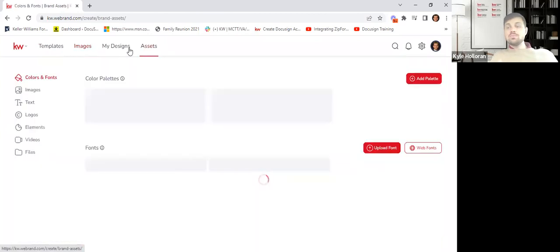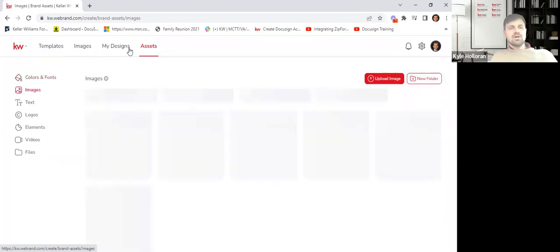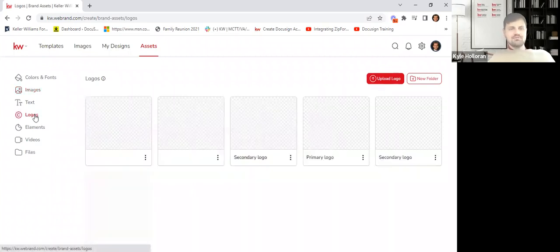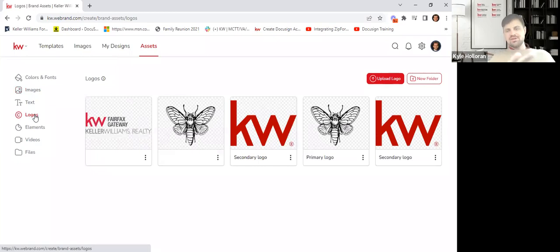And this would be a one-time thing that you need to do. Homework for sure. So if you want to upload your headshots, you upload them one time. Now I'll be able to use those on every single graphic that I create. Okay. Your logos. So from your market center, from your logo for your company, these are some that I've just added in for training purposes.